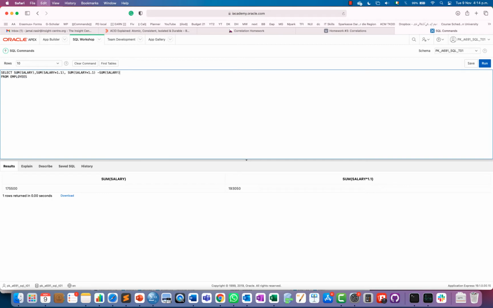So you can check the impact of a 10% increase in salary. So a 10% increase in salary of all employees, it means for each month, or if it's on an annual basis, the impact is 17,550. Okay, so in DBMS or through SQL we can compute this sort of thing.